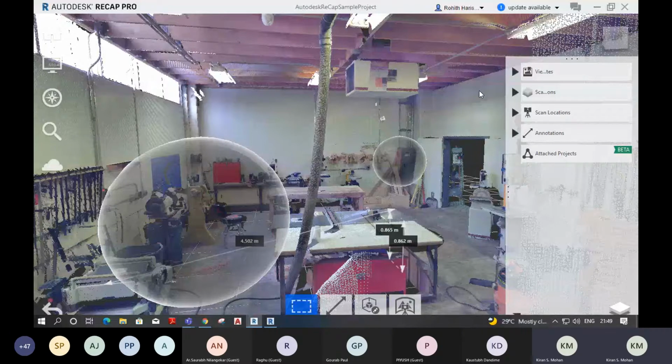So if the person who is scanning the facility is also doing the registration process, it will be accurate. If somebody else is doing it, then there will be some variations. The chance of error accumulation is higher in that case.